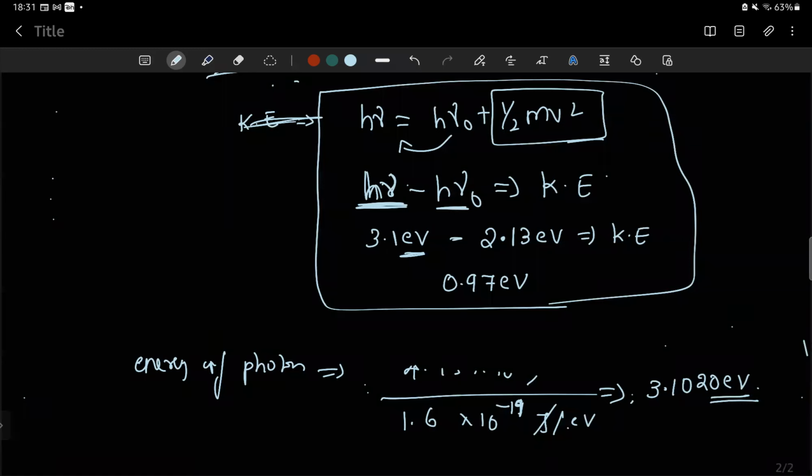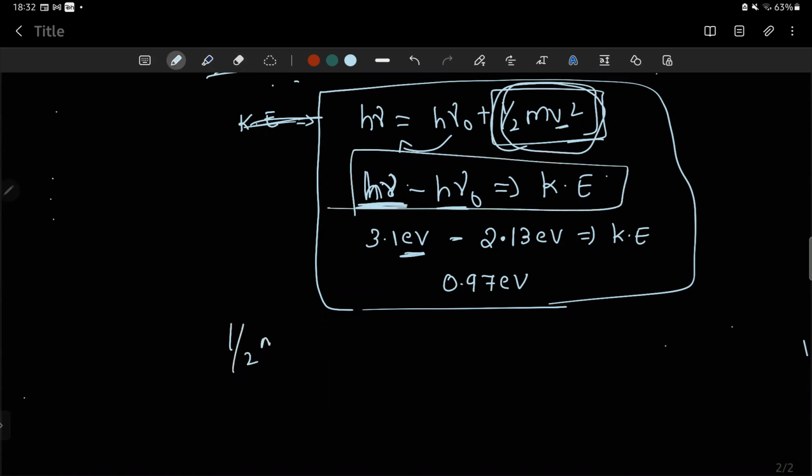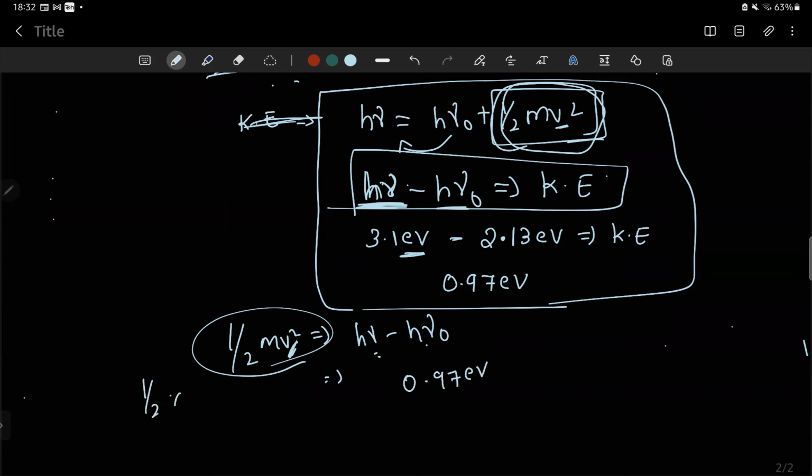See இப்ப நம்ம என்ன கண்டுபிடிச்சிட்டோம், half mv square is equal to h nu minus h nu naught. இதுல velocity என்னங்கிறது நம்மளுக்கு வேணும். கரெக்ட்டா? நம்ம இது ரெண்டையும் calculate பண்ணி value 0.97 electron volts கண்டுபிடிச்சிருக்கோம். கரெக்ட்டா? So half into mass என்ன,